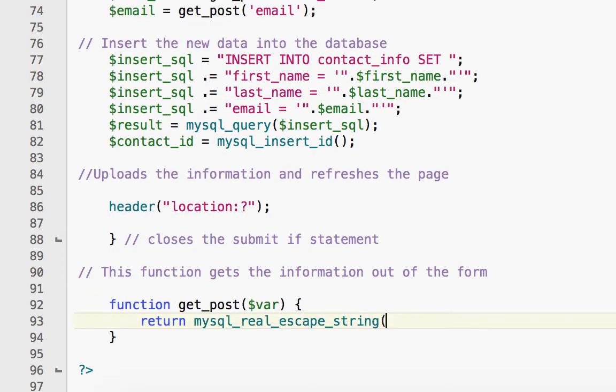So what this MySQL real escape string does is it allows special characters to exist in this string. So if we have some sort of an apostrophe, say it's a last name like O'Connell, you can put the apostrophe in there and other types of things based on the character set. So we're going to leave this as MySQL real escape string, and then inside of it we are going to do, here's our